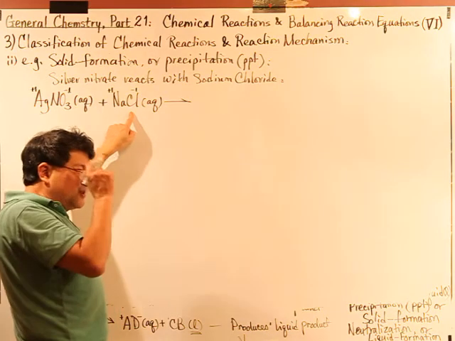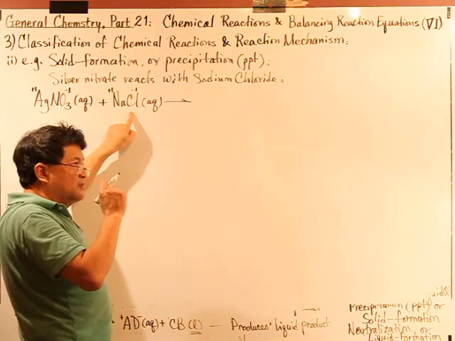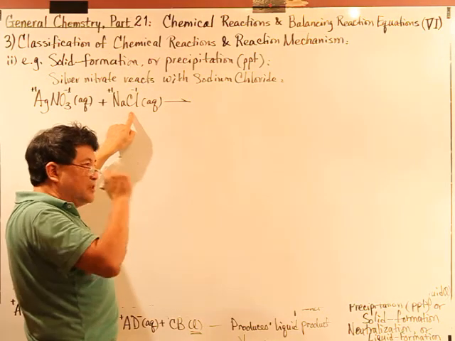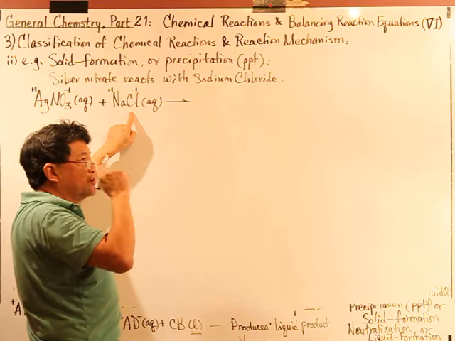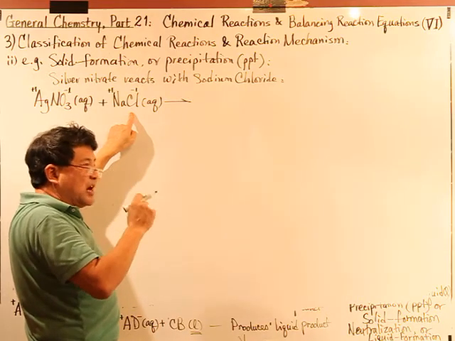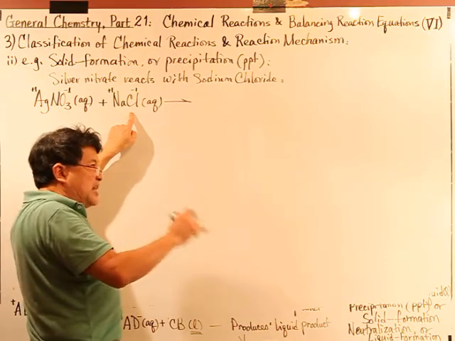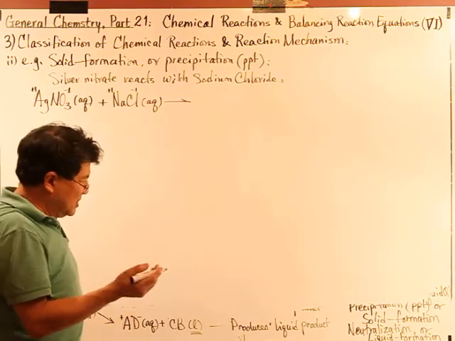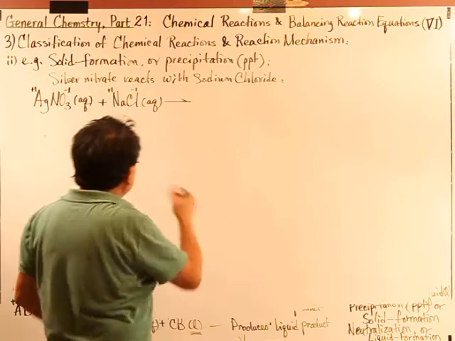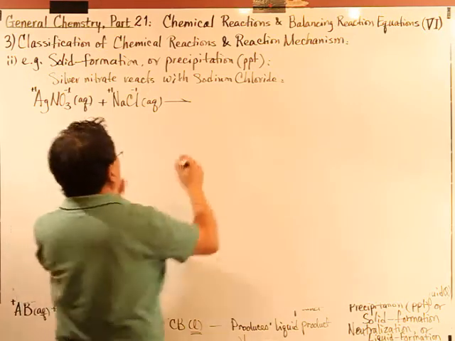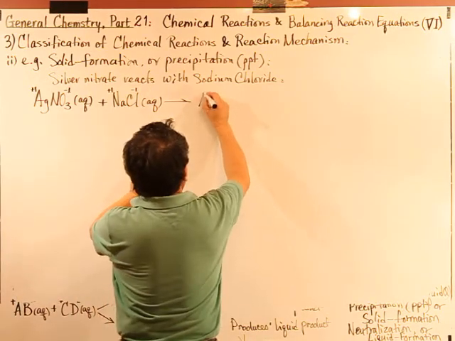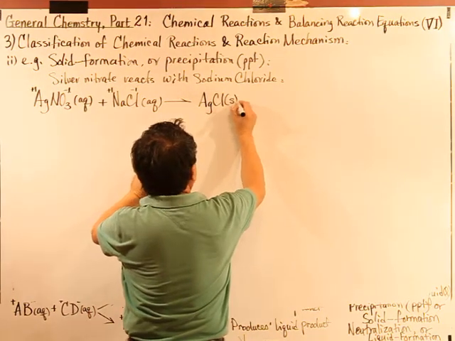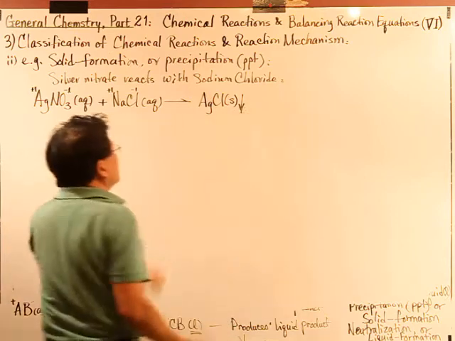A very small portion of this kind of binary ionic compound will dissociate into the water solvent, becoming cation and anion pairs. The majority, 99.999%, I don't know exactly, 10 to the minus 15 mole per mole or something, stays as solid. So this becomes the first product, AgCl, as solid, precipitating down,